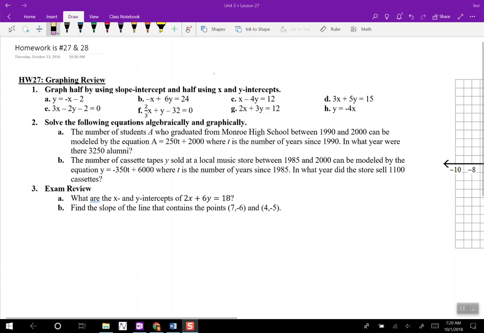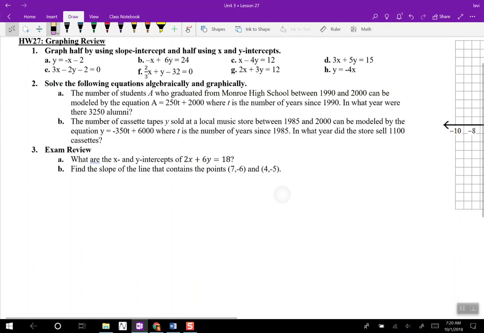This is homework 27, graphing a review. Graph half by using slope-intercept and half by using the x-intercept. So, A,